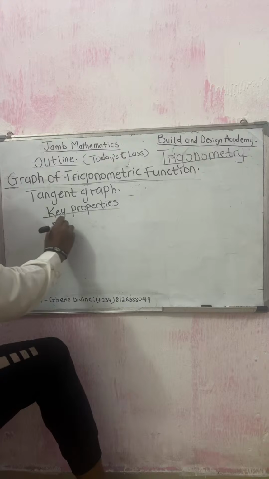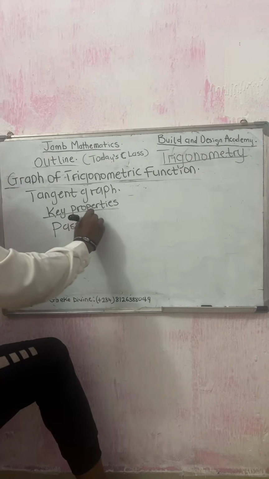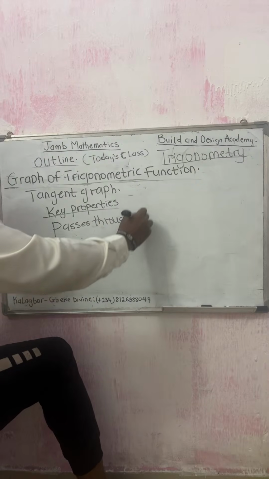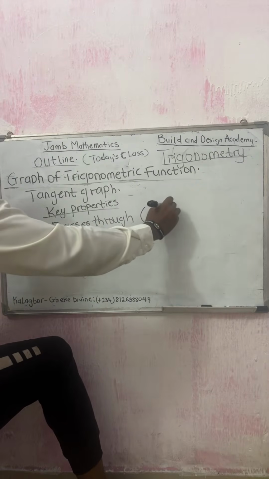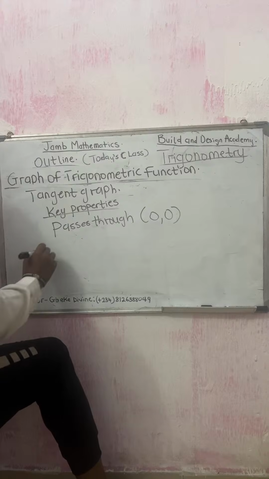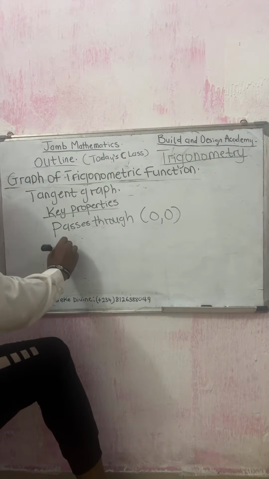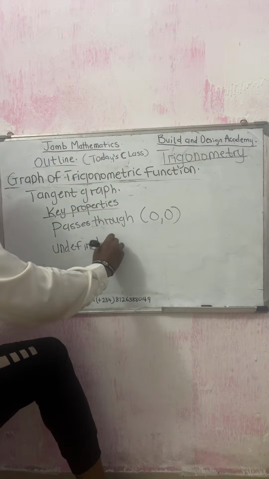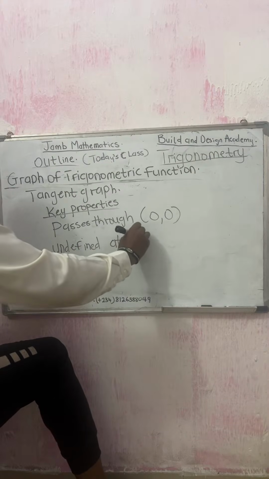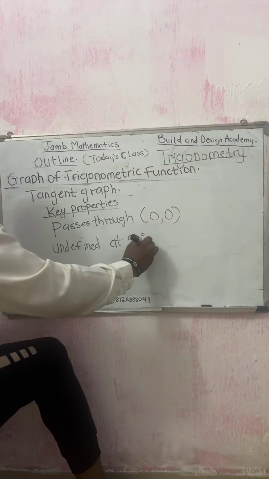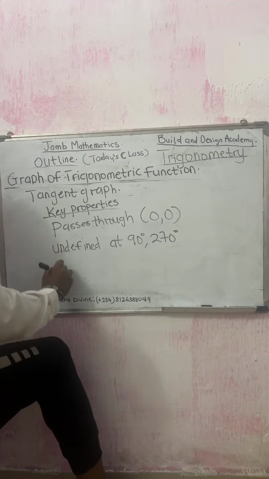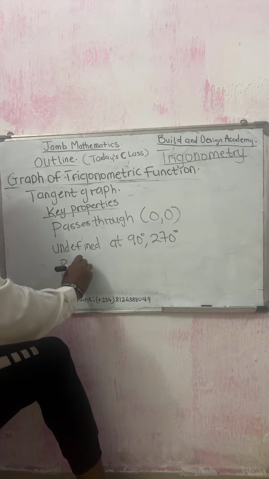It passes through 0, 0 and is undefined at 90 degrees and 270 degrees. Then it repeats